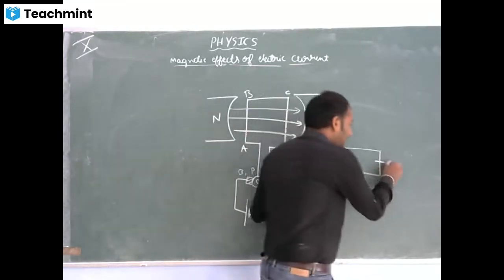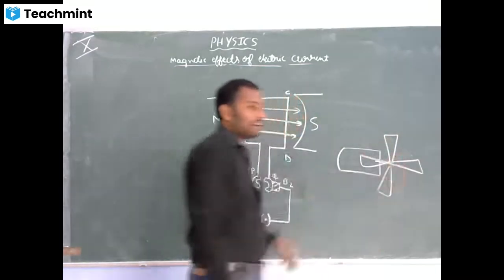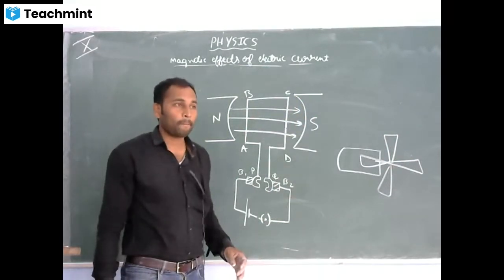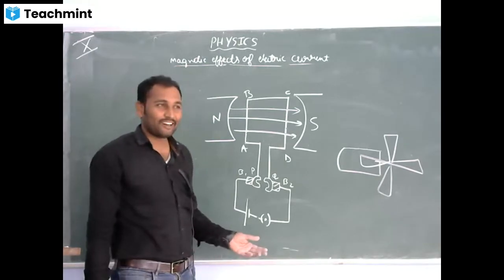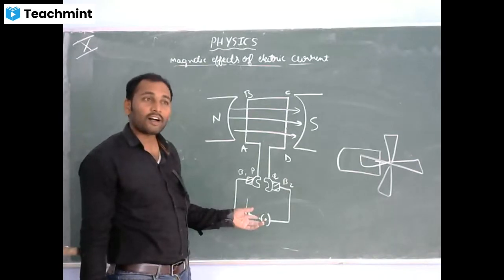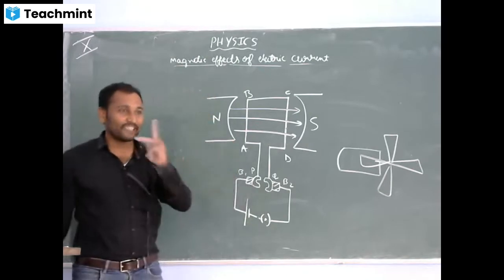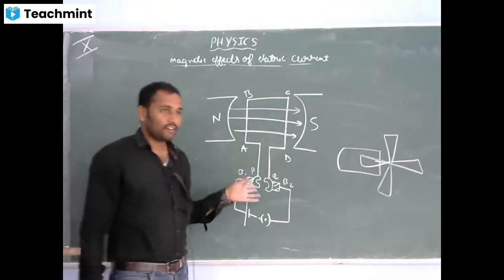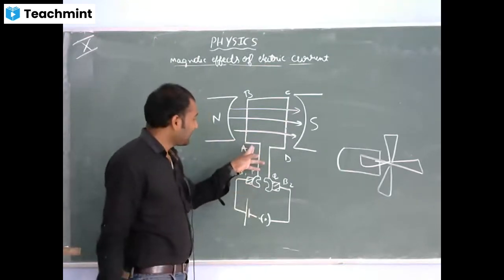So what is this axle used for? If I connect something like a fan, what happens? It will start rotating, clockwise or anticlockwise, according to Fleming's left hand rule. That is why he has given the rule. You have to follow Fleming's rule, otherwise you will get wrong answers. Okay, follow Fleming's. Now follow me.